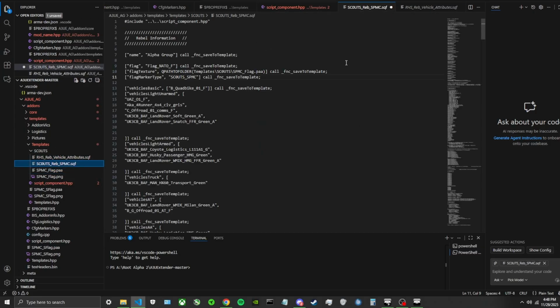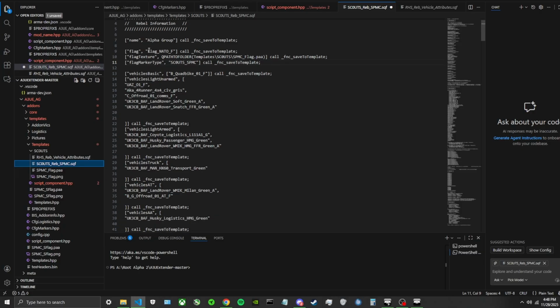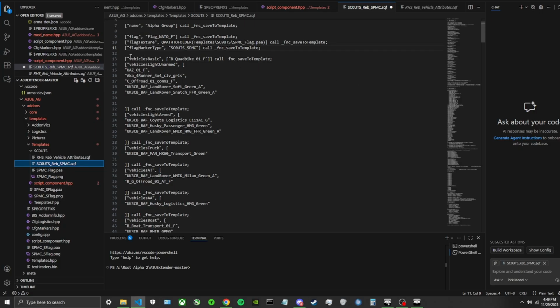We're not going to touch the flag. The flag is going to be something I do near the end. But we're going to keep everything the same name because all I'm going to change is the texture of the flag. So when it calls to that texture, it'll be the Russian flag instead of the Union Jack as it is currently. So the next thing we're going to do is go into our basic vehicles and